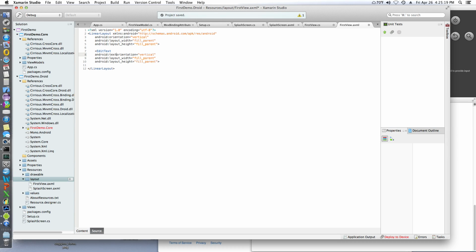The edit text has a text size 40 dp, layout width to fill the parent, height to wrap content, and then this is where we need to add the magic for MVX cross, MVX bind to the text field first name. In order to do that, we need to come up to the linear layout,